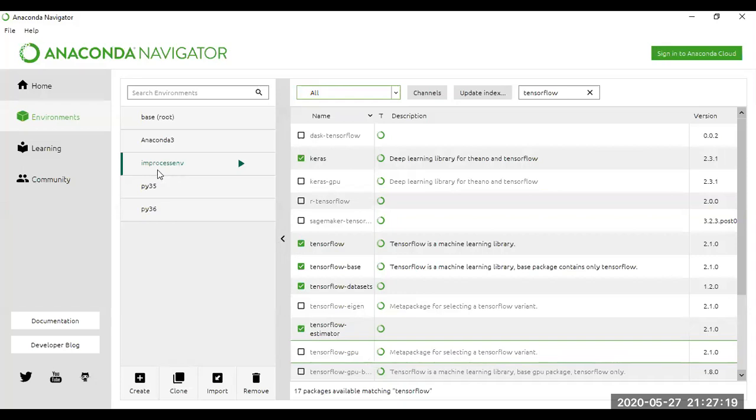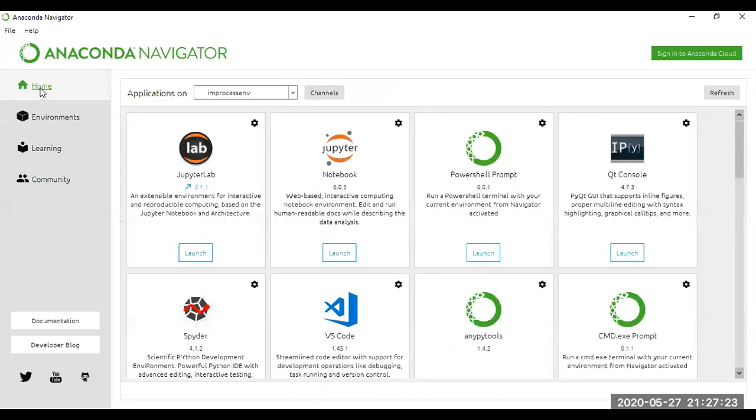So if I go back here to the first tab, you have a different window because you are going to have the applications that are in the image processing environment. And here we have Spyder, of course, because I work on it. You have Jupyter, you have different tabs. And here, if I go to the prompt,